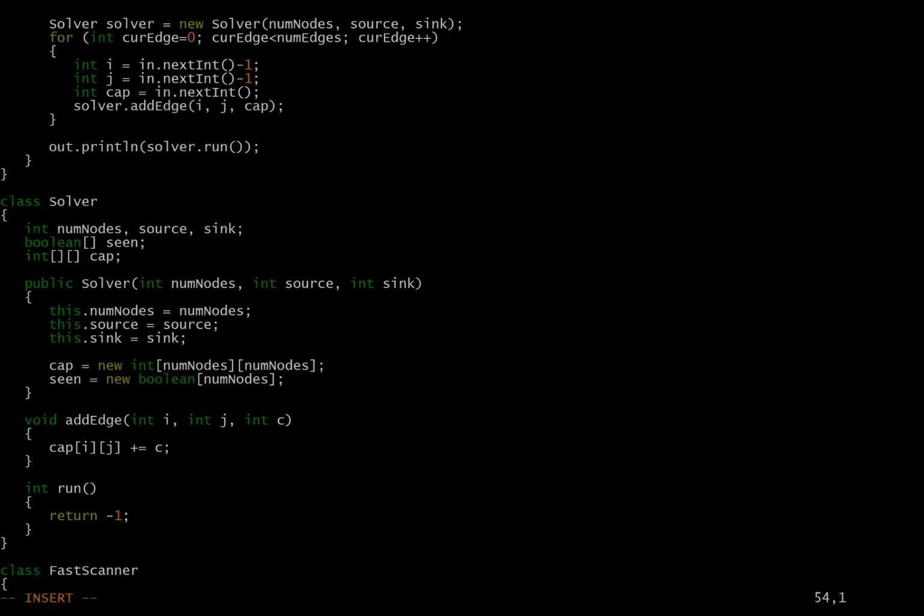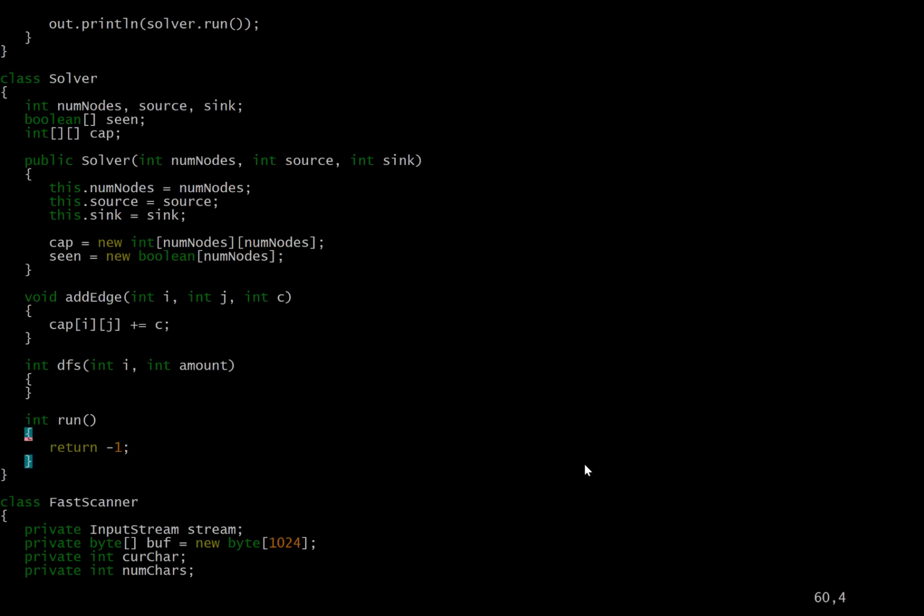All right, so let's imagine we have depth first search. I'm just going to write the method signature. So I'm doing a depth first search. This is keeping track of the smallest edge I've found so far, this amount value. This is my target, so it usually just comes in as the sink. I guess I don't even need to pass this through as a parameter, so I'll just keep track of it till I find the sink. And this is the node I'm currently on in my depth first search. So let's just assume this piece is working and then go down to the run function and see how you can use it.